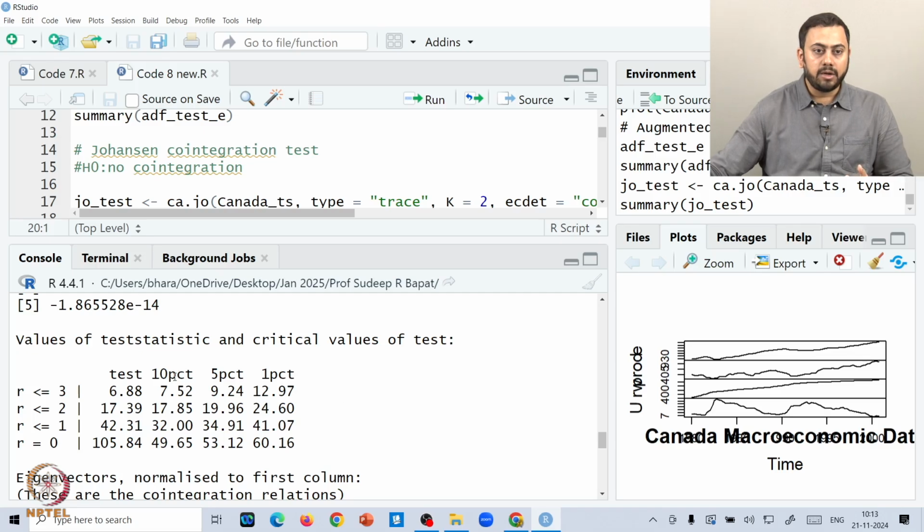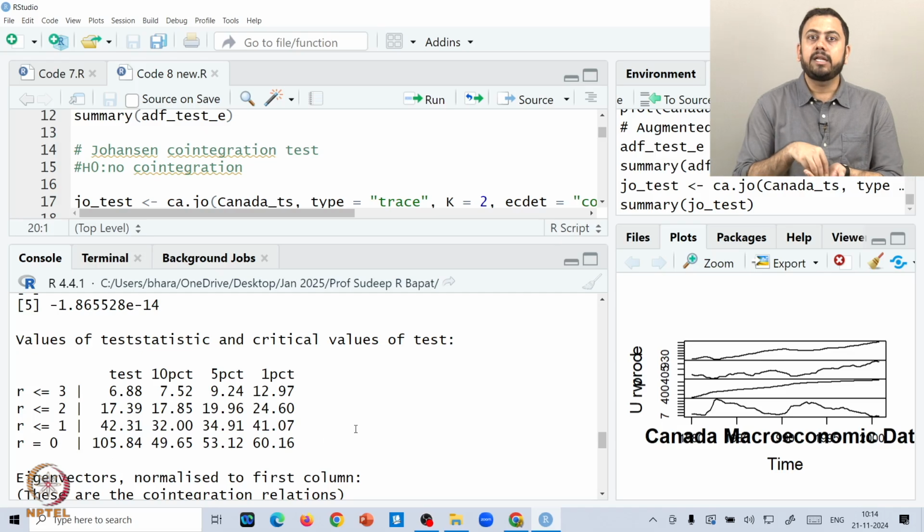Now, how do you conclude anything from here? You go one by one, starting from the top. The first value you see is r equal to 0, and as you clearly see, the value of the test statistic is pretty high, which is 105.84. This value is bigger than any of the critical values at any percentage points.